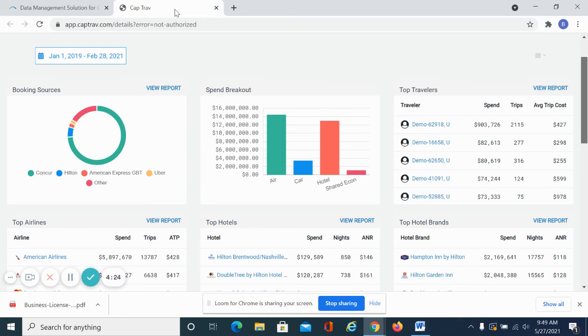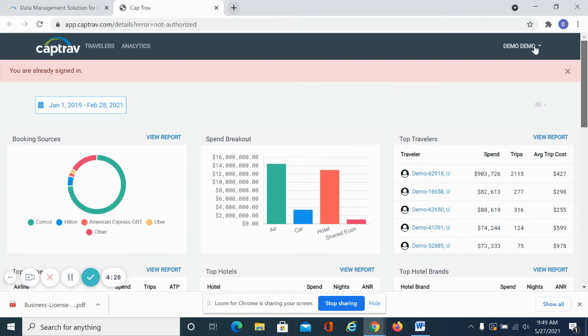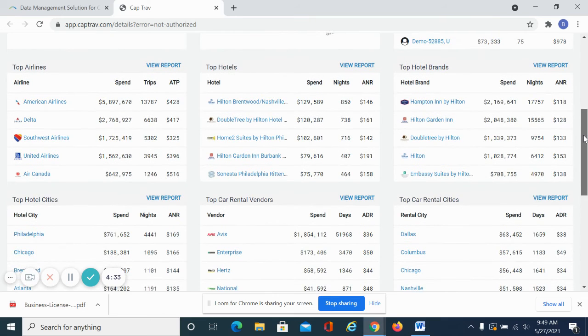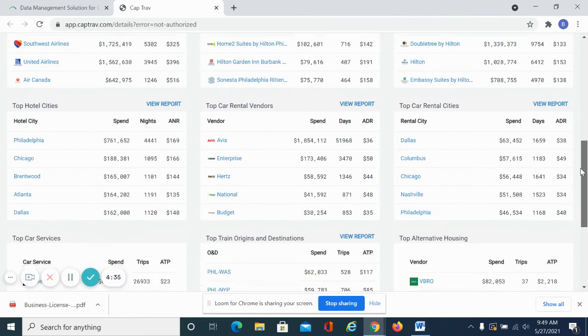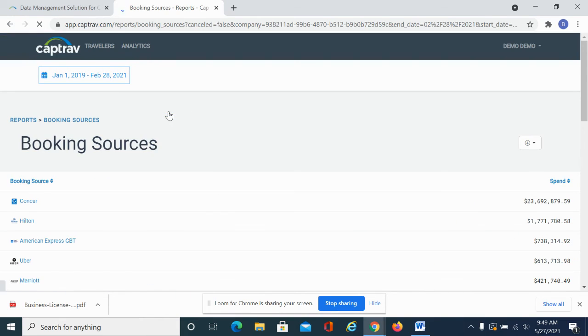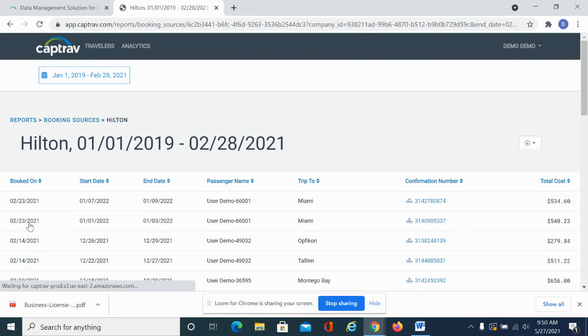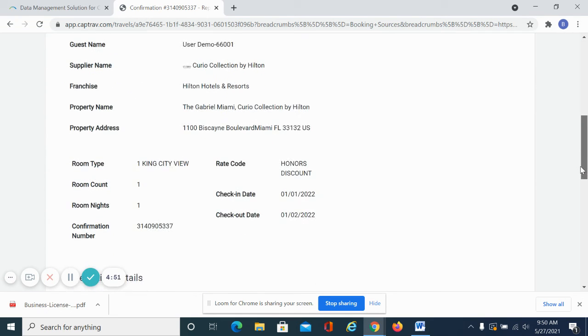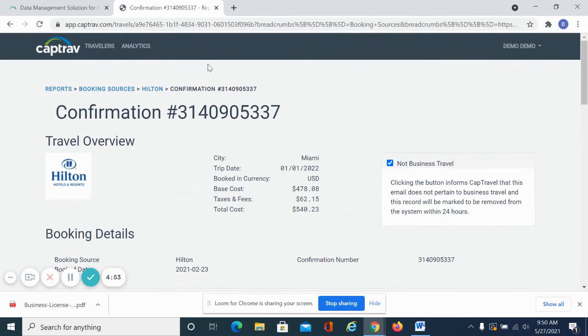Here you can see we capture a variety of booking sources, again including air, car, hotel, and a variety of other corporate travel-related suppliers. All of these reports are accessed and can be drilled down to, all the way down to the email level, where a user can actually review and see the contents that were created within the email, but they don't see the email necessarily itself.